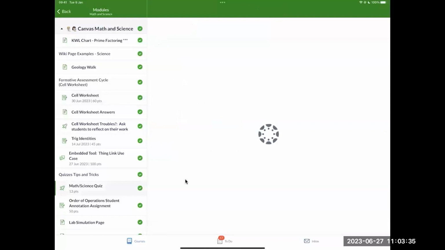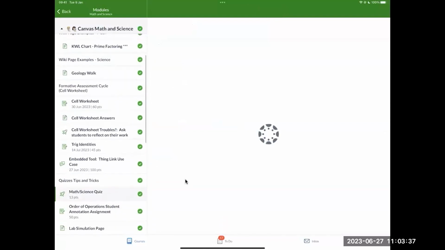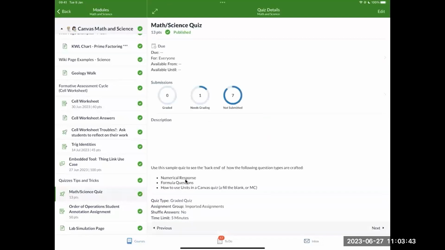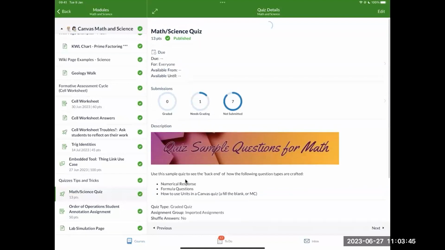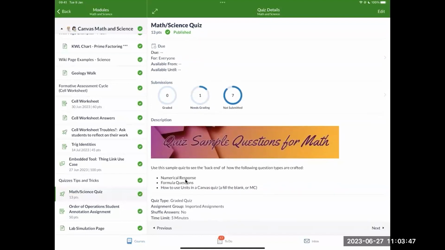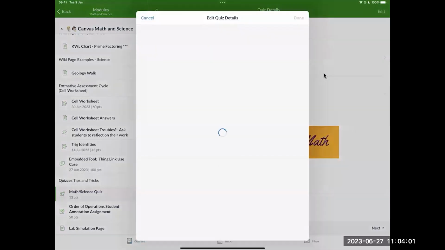For quizzes, I think I have a classic quiz right here. Here we go. For quizzes, classic quizzes and new quizzes will display slightly different. New quizzes will essentially open right up the actual new quiz on top of the app because it is an external tool. So we will look slightly different. For classic quizzes, as I click on edit,